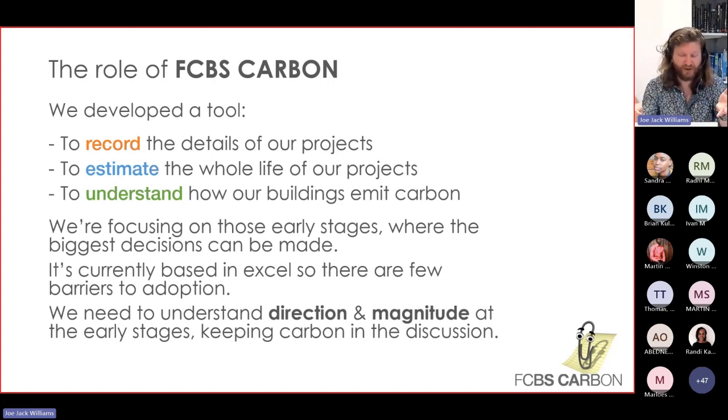We use it with Google Earth. I can quickly model up an existing building, for instance, and see roughly what the carbon emissions would be from that building if we were to replace it like for like. Or we could look at other options, what happens if we replace the facade or something like this. So really super basic. And that's the kind of approach. It's not about being accurate, it's about getting the right kind of answers and heading towards more accuracy.